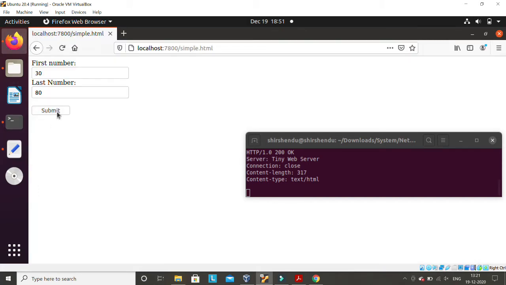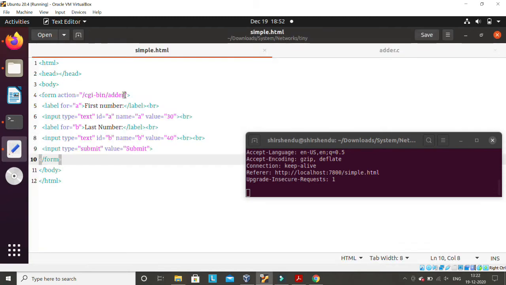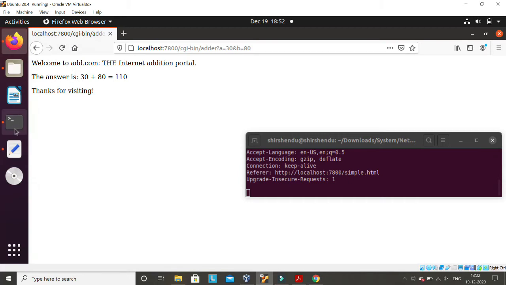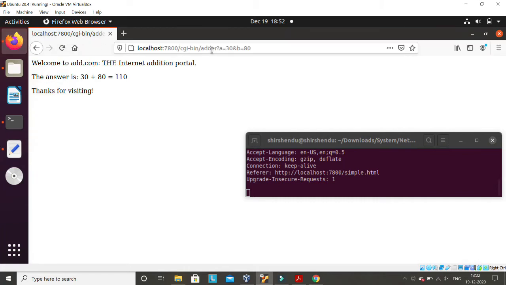Just click here. Consider this CGI header is coming from here, and then these two values, A and B, are sent in this format: question mark, then A equal to 30 and B equal to 80.